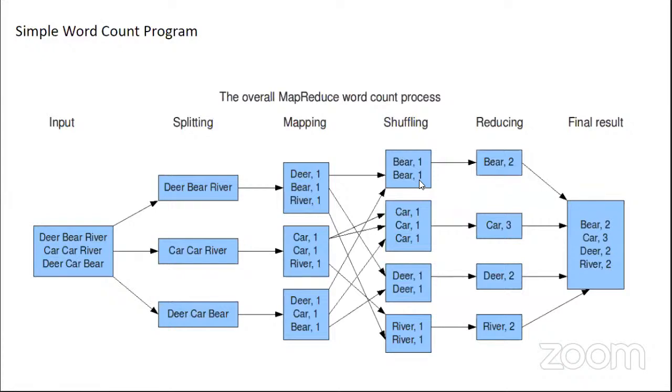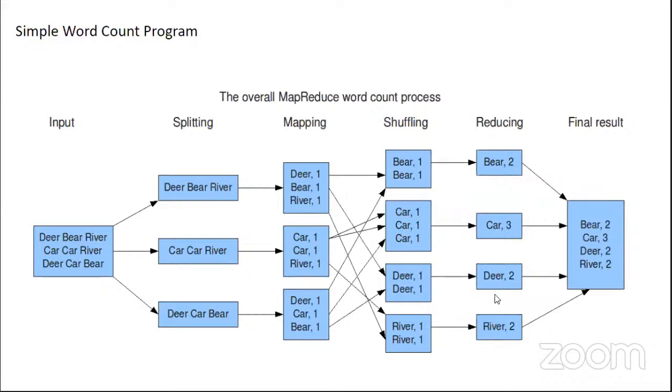So where will this reducer be running? The reducer will also be running on one of the data nodes, controlled by the task tracker. The task tracker will take care of that. The reducer need not be on the same node where the map is running. It can be on the same node, but it will be on another. So all these mappers, after processing all the data, will transfer this raw data, beer 1, beer 1, car 1, whatever, to the respective reducer.